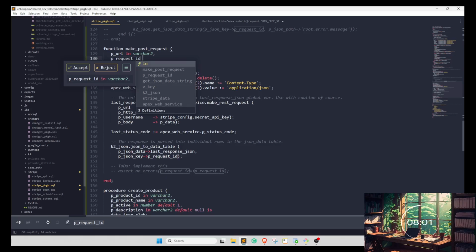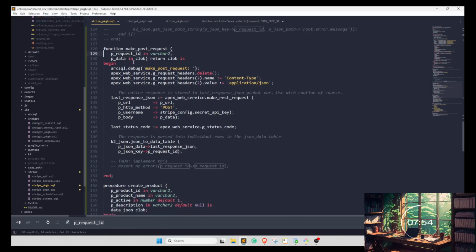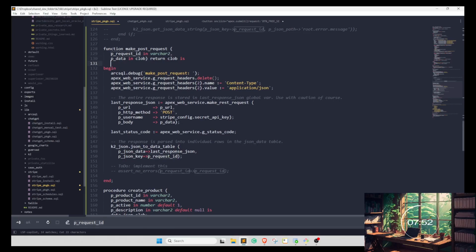I think I know what I'm going to do with that. So request ID in varchar2. So we're going to create a request ID. We're going to get rid of the URL, and we're going to just make a Stripe API URL varchar2 256 equal to Stripe config API URL